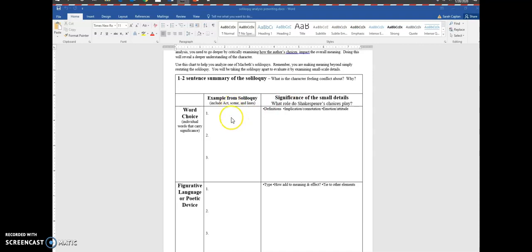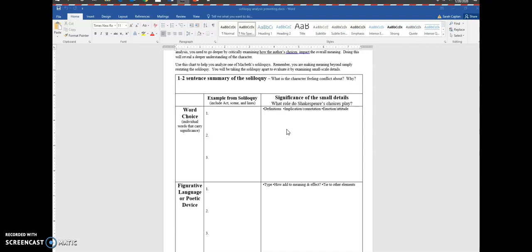Then you have your examples from the soliloquy. That's step 2, those small scale details, individual word choice. And then you have the implications of those small scale details. And that's step 3, how it fits into the larger meaning of the soliloquy, which then fits into the larger